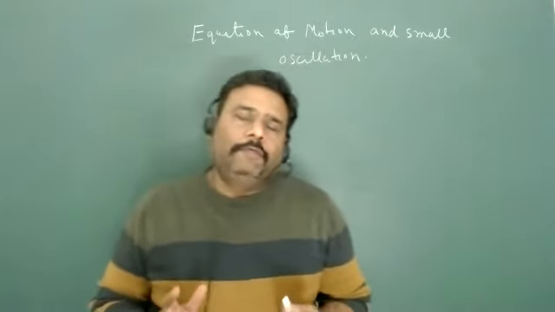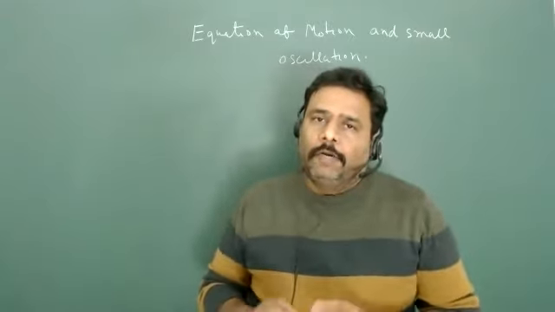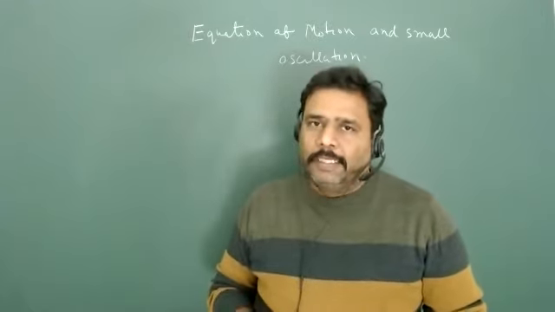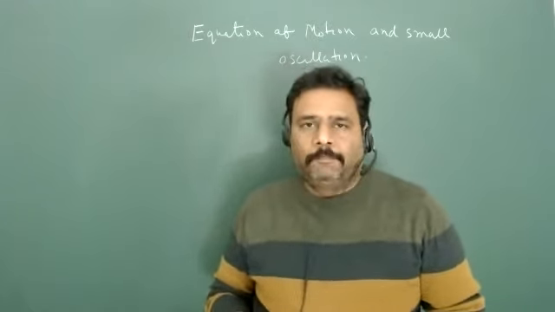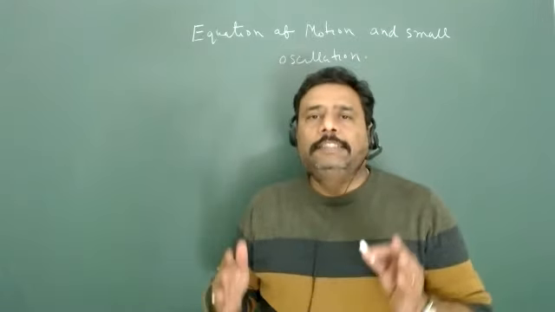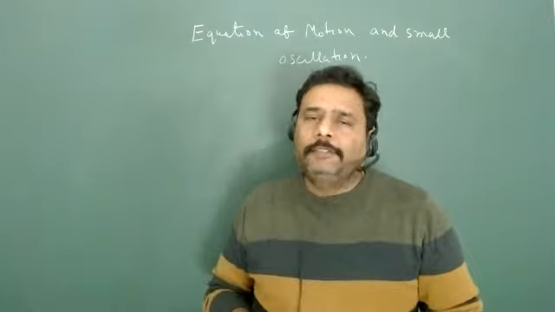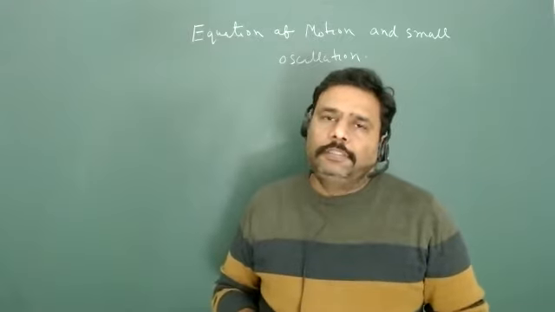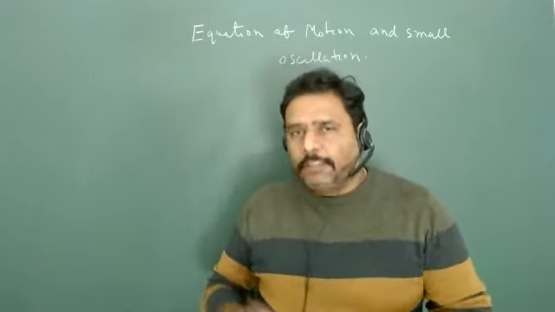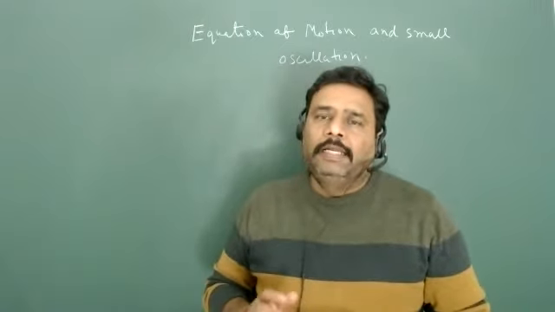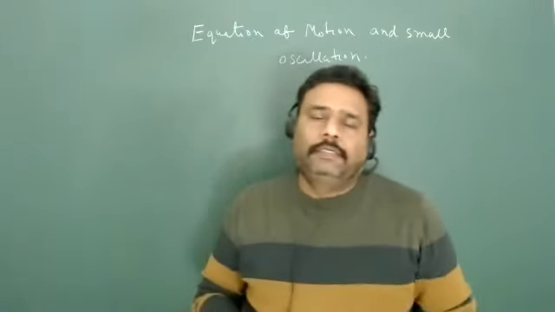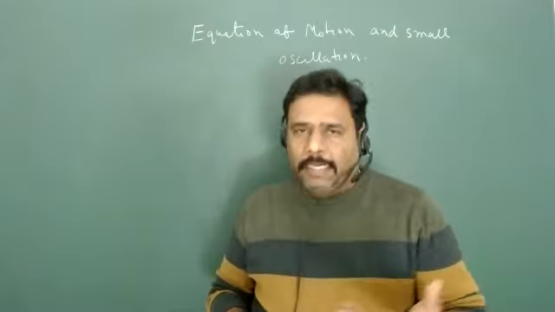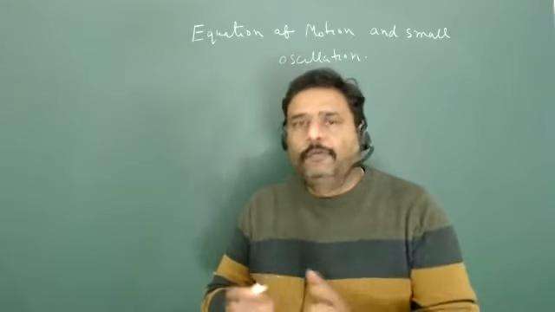And today we will try to see what is the condition of simple harmonic motion and what is the meaning of simple harmonic motion. Does every oscillatory system behave like simple harmonic motion, or does every bounded system behave like simple harmonic motion? We will try to see. And we will also try to see that once we have some potential, how we can approximate that potential to such a limit in which we can use this potential as a harmonic oscillator.